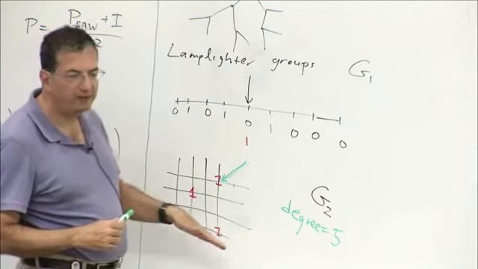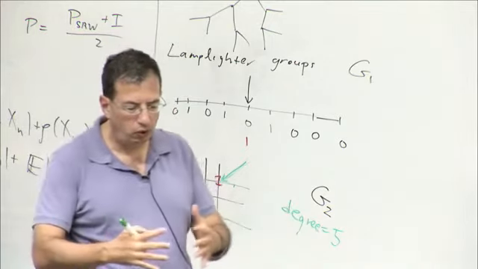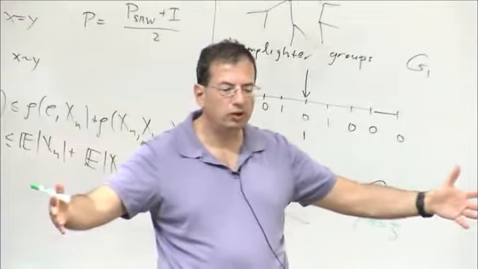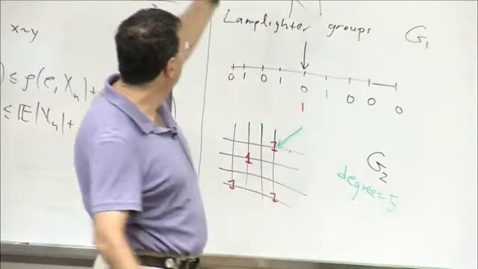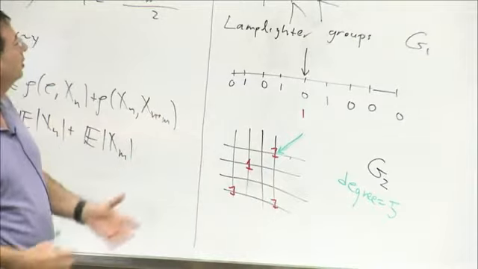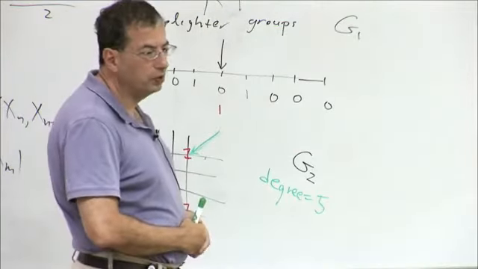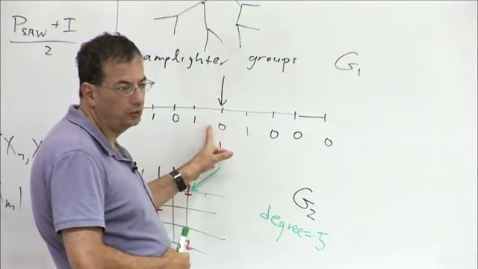Now, all these groups have exponential growth. So when we measure the growth of a group, we look at the ball of radius r and ask how many points are in there. Does it grow polynomially, exponentially? So of course, in the lattice Zd, it grows like the radius to the d. In the tree, of course, it grows exponentially. What about here? It's also exponential.